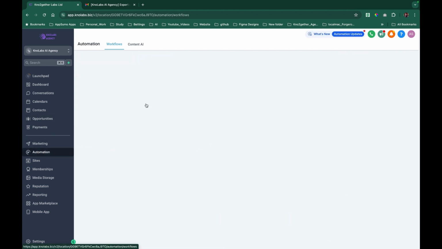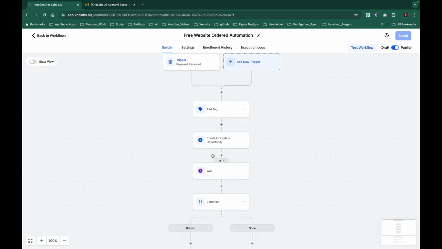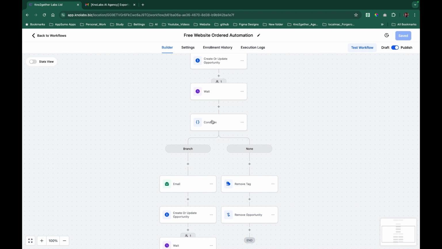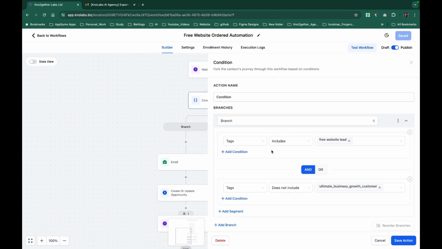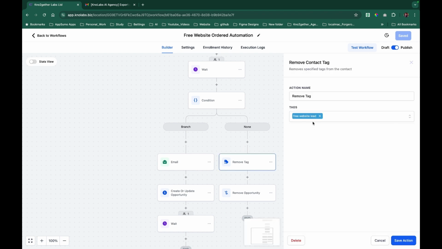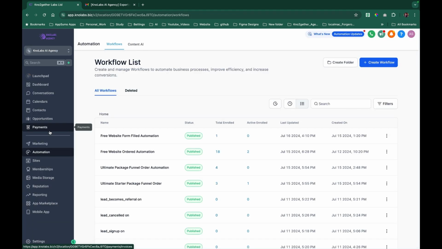Because if you go back again to the free order automation, you will see that after 5 minutes of wait, it will check some condition, and in the condition it's checking if the user has a tag of ultimate business growth customer. If it does not include the tag, then it will send an email, but if it does include the tag, then it will remove the free website lead tag, and then it will remove the opportunity from the free web service client onboarding. So that means in like 5 minutes of time, that user will be removed